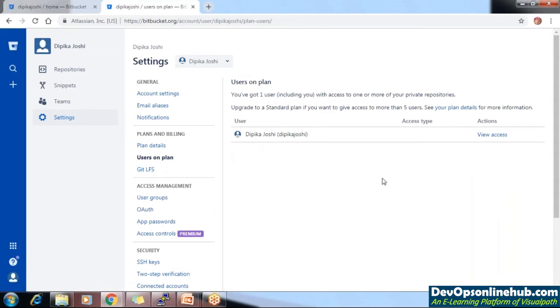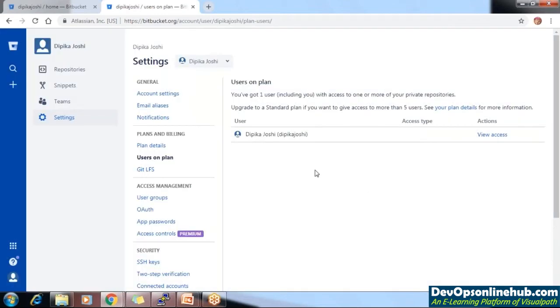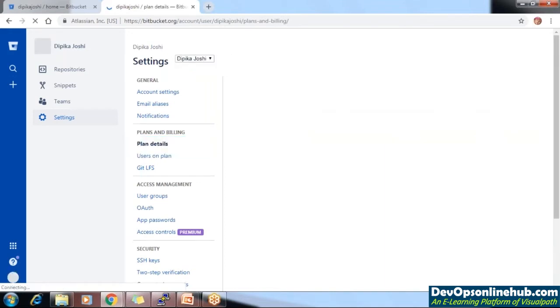Currently, Deepika Joshi is the only user you can see here. Yes, so actions, view actions. Currently, no action is given. Okay,